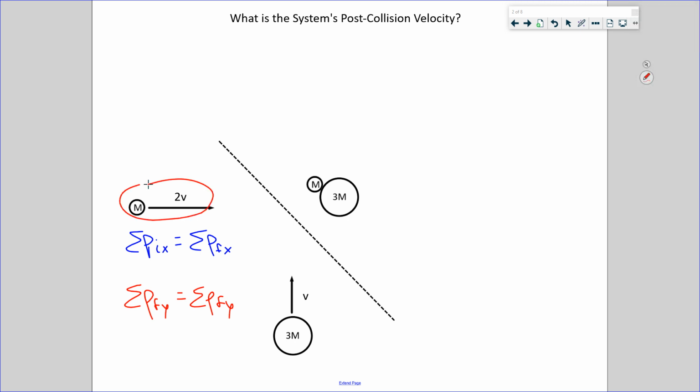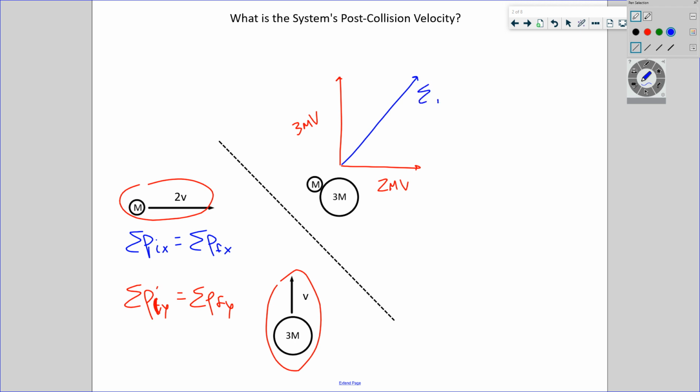The net initial vertical y direction momentum is 3mv. So this system always has to have momentum 2mv this way and momentum 3mv this way, and thus